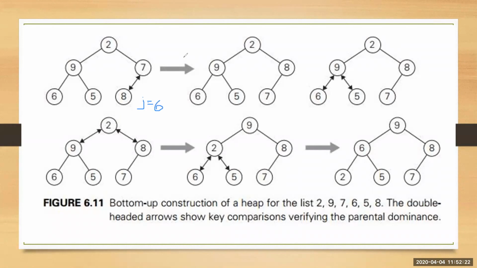Okay, and now what is this 6? Why did you calculate j? J is the index of the left child of 7. So you have to get the index of the left child of the current node. The current node is k, k is 3, and you have calculated j. J is 2 into k, and you got j as 6. That is the index of the left child. Okay, next.